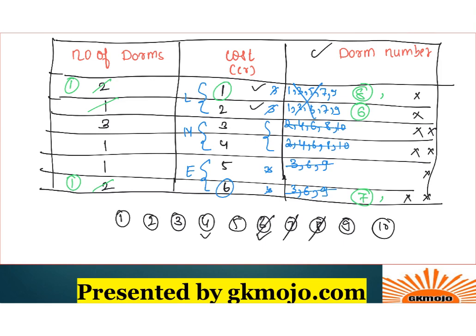Why? Because 4 to 9 have all different values. 7, 6 and 8 are placed over here, right? So the only place DOM number 4 can be placed is over here in the bracket of 5 crores, right? Over here. So this is also completely exhausted, right? And you have placed DOM number 4 also successfully.